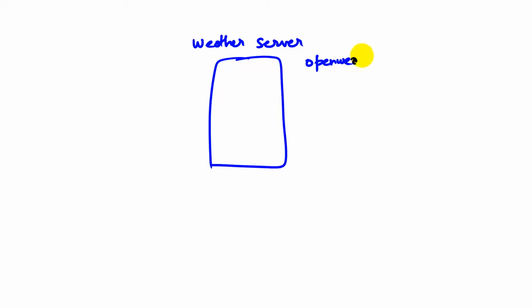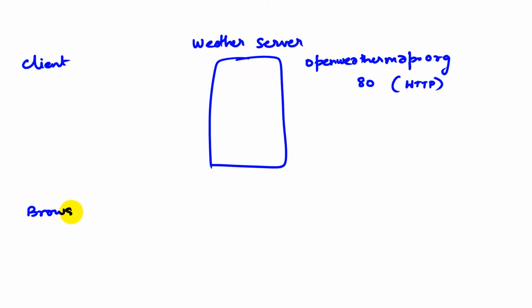open weather map.org IP address, and turns out it actually runs at port 80, which is a default port for HTTP. So what we're going to do is our client could be either a browser, which is what I'm showing you, or it could be an embedded thing, which is what John is going to show you,